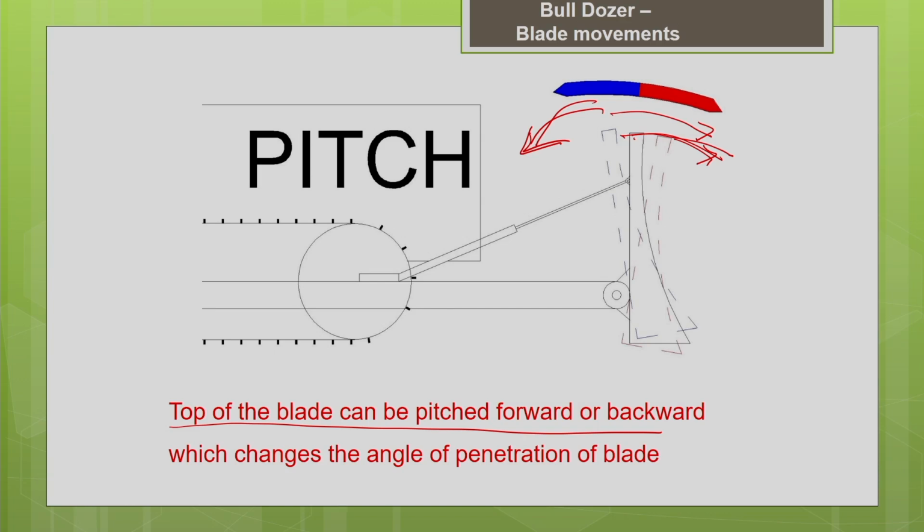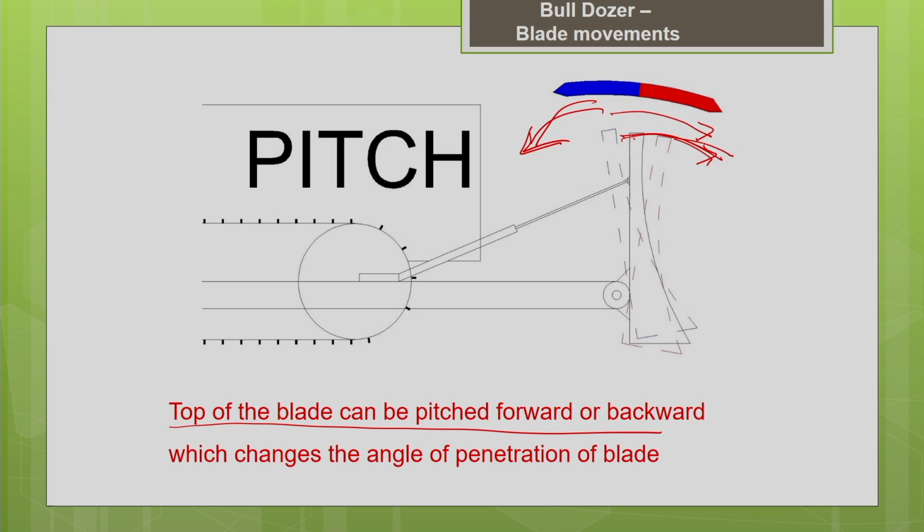Generally when we do the earth moving operation, you can see that the bulldozer will be cutting the earth for some distance. Once the blade is full, it won't cut any more because the blade is already full. Then you just have to push the loaded earth to the required dumping place. When you just want to push the material, you can reduce the depth of penetration of the blade into the soil. In that case you can pitch the blade forward, so that you can reduce the penetration of the blade into the soil. So that is the purpose of pitching.